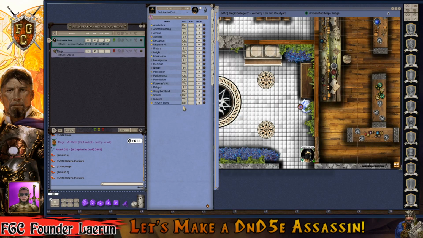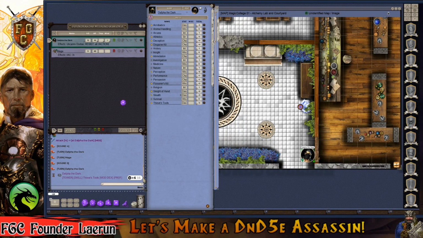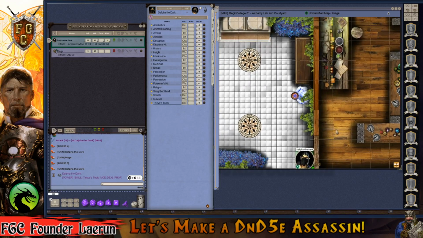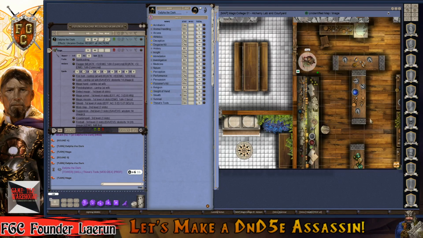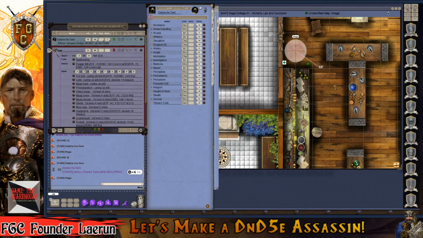But you can only do one thing at a time, so with her thieves' tools, she has to beat a DC of 12. And she rolled a 16 total, so the lock opens fairly easily for her, and she waits there. She doesn't move. So the mage, he moves this way,